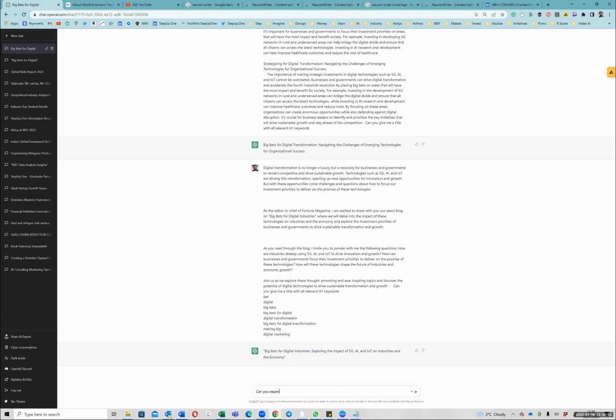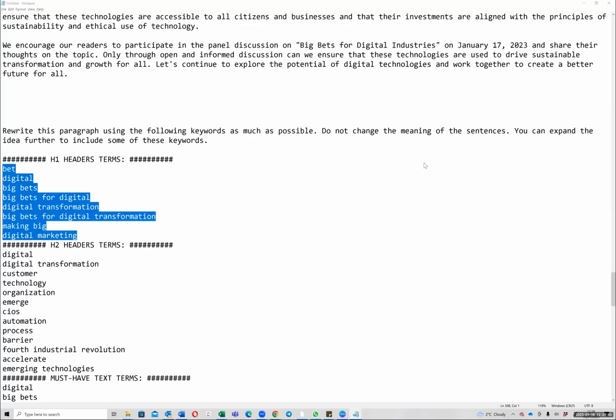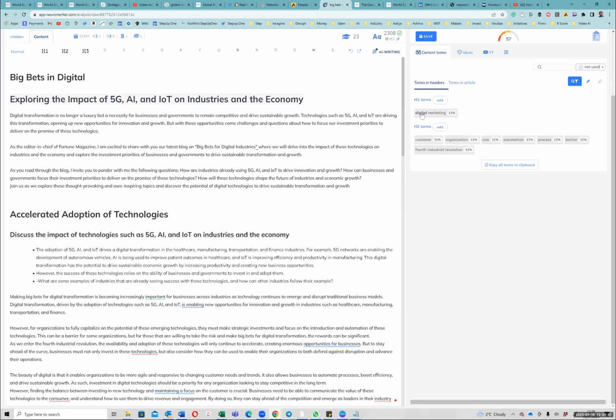can you expand on the point of digital marketing in the fourth industrial revolution with regards to the big bets in digital? How big is marketing in that? Please. Right. Okay. Let's get something. And then what we will do for that, basically, we'll try to get the fourth industrial revolution, automation, all these things, right? So